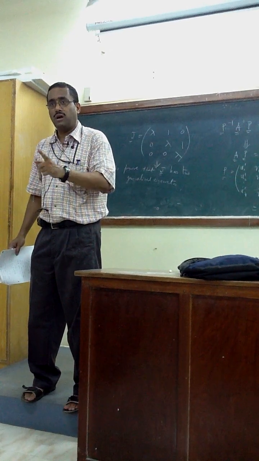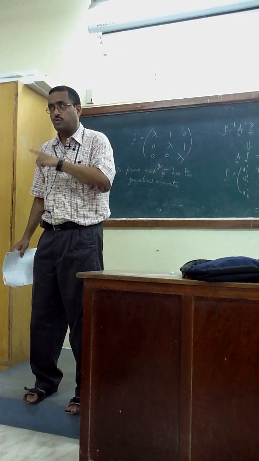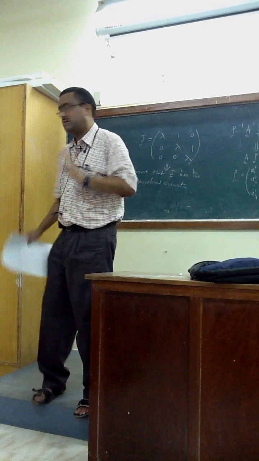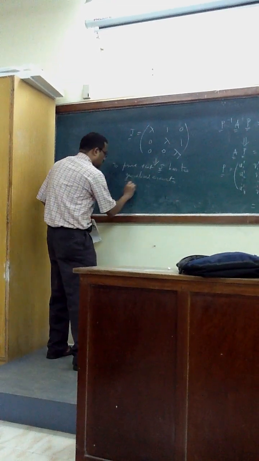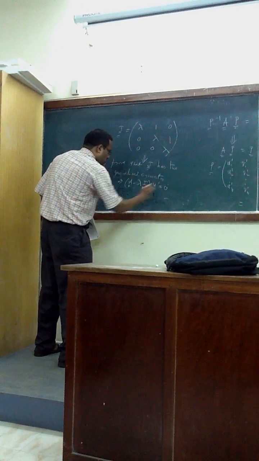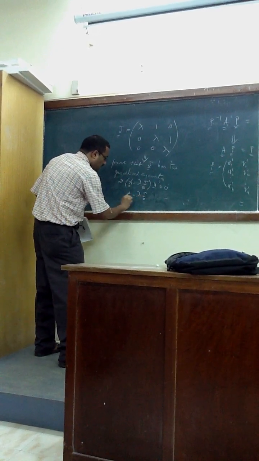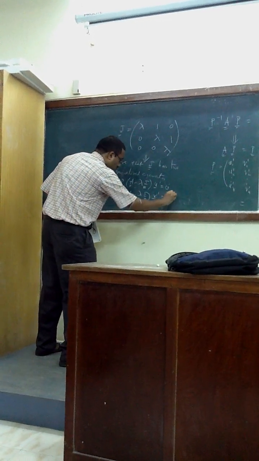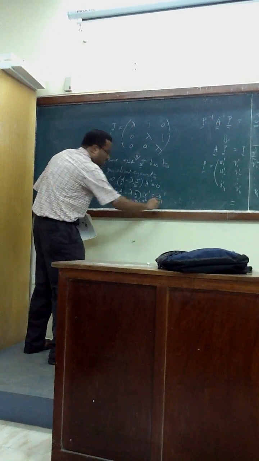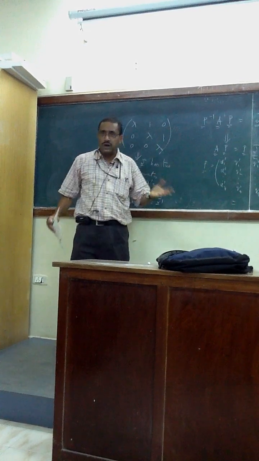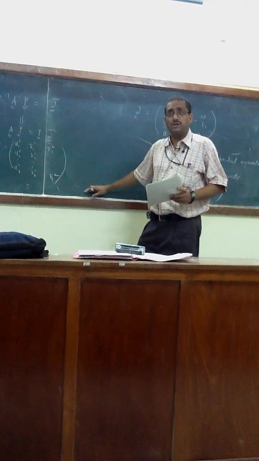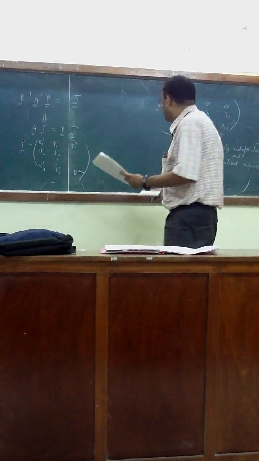(A minus lambda I) x1 equals u1. (A minus lambda I) x2 equals x1. So I have to prove in that case: (A minus lambda I) u1 equals 0, (A minus lambda I) x1 equals u1, and (A minus lambda I) x2 equals x1. If I prove it, then I can say my assumption is correct. So this should come from this exercise, right? Let's look at it.